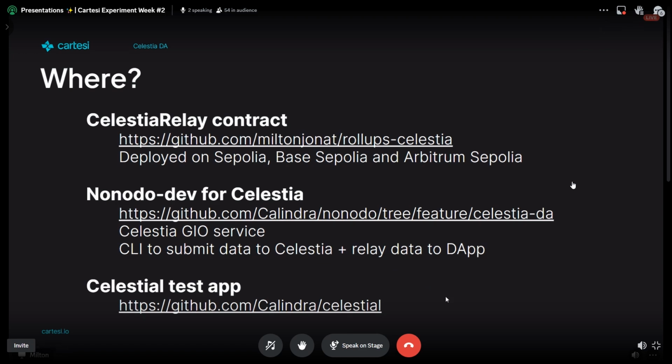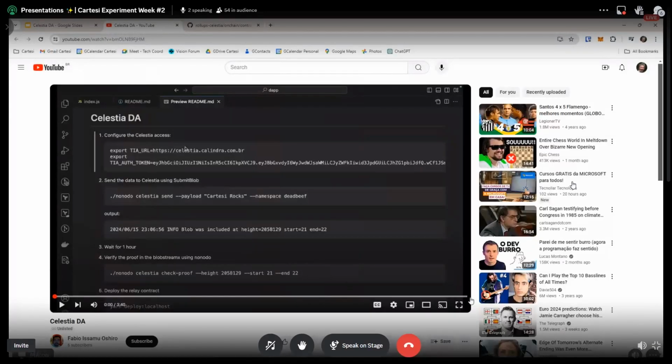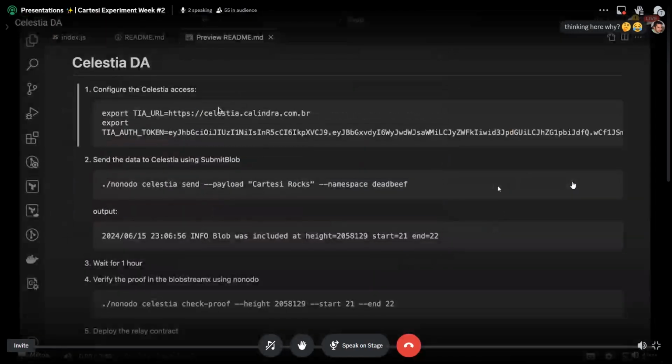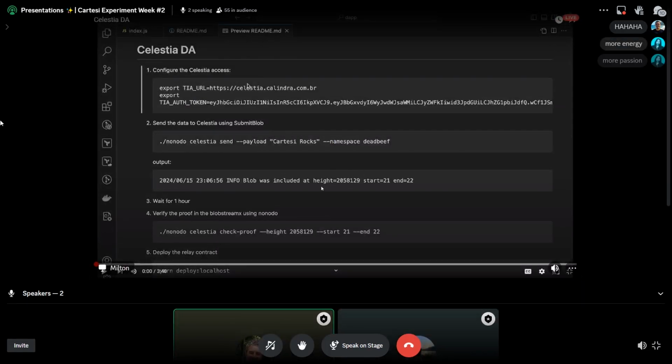Let me try to show something here. I think the video is too long, but I'll skip along. So you have to actually do things. You have to have a light node, a Celestia light node, which we have one running. Okay, so anyway, I'll fast forward here. You send something there to Celestia. You get where the blob is included, the data that you want included, and then after a while, you can check that it's there. The video showed things going on, but okay.